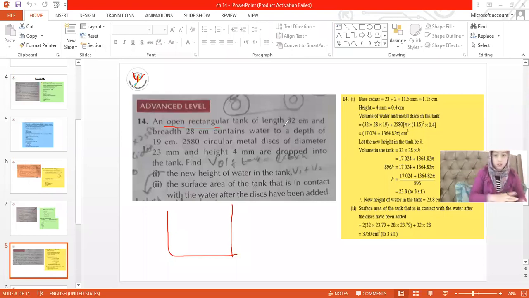Now come towards its dimensions. The length is 32 centimeter, breadth is 28 centimeter, contains water to a depth of 19 centimeter. For example, the water is like here, the depth is 19. It means that the height is 19, length is 32, and breadth is 28. Clear? Up till now, the water is like this. Okay. The second thing is